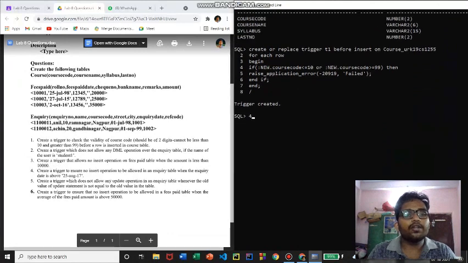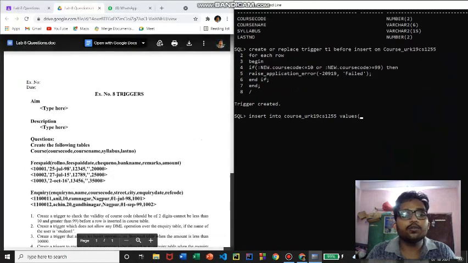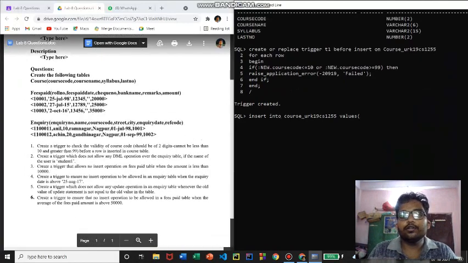Now we'll check this trigger. We'll insert some data into the course table. Insert into course US 19061255, and here values, and this table has course code, right? So that has to be a 2-digit number. Now we'll check if the trigger is fired if we give a single digit like 5, and the second one is course name. Let's give it as math, and syllabus, let us give it as part 1, and the last number, it isn't of number type, a 2-digit number, let us give 54 something like that.